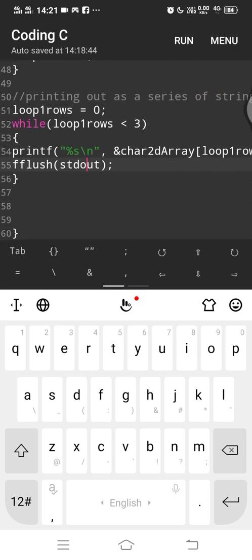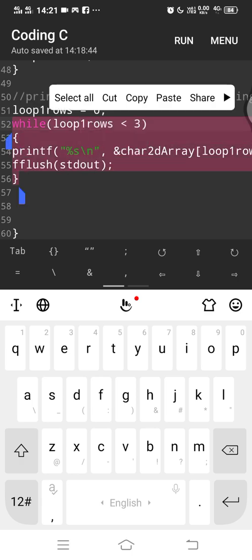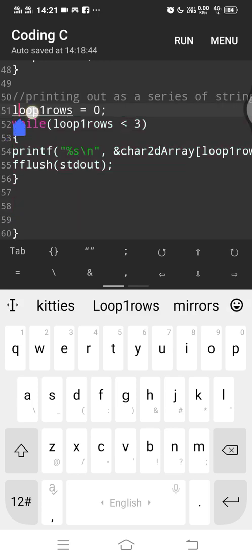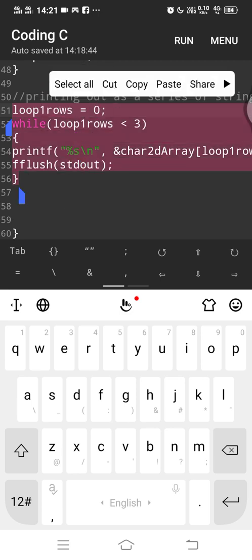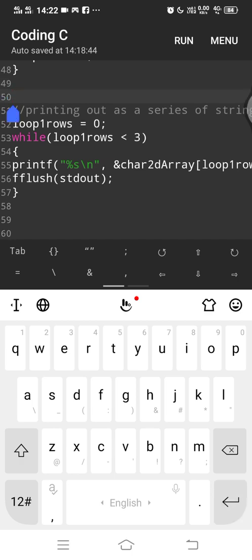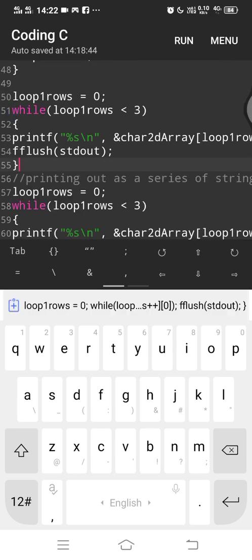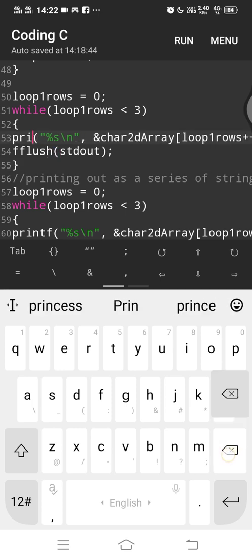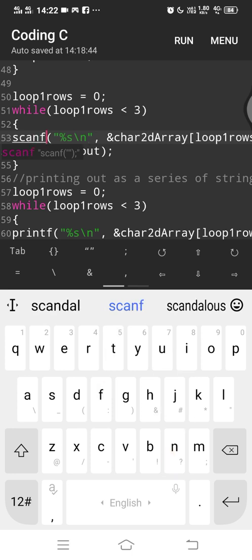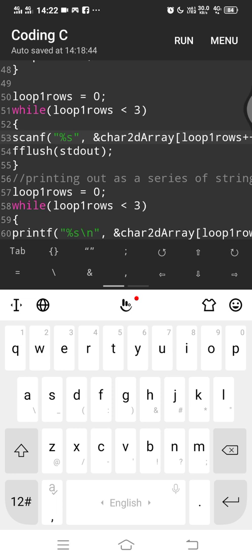obviously go back and do the same thing with scanf. So copy, and create a bit of space there and paste it here. Now what we're going to do is use scanf instead of printf, and obviously we're going to get rid of all this extra bit here,